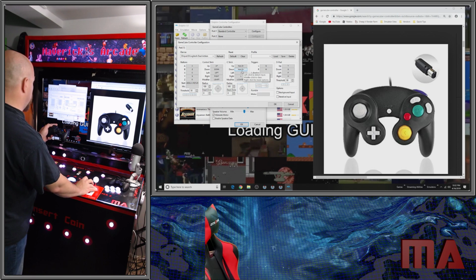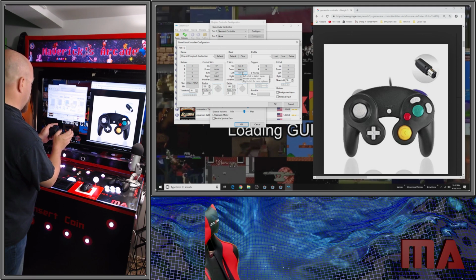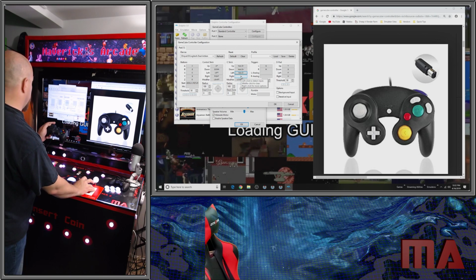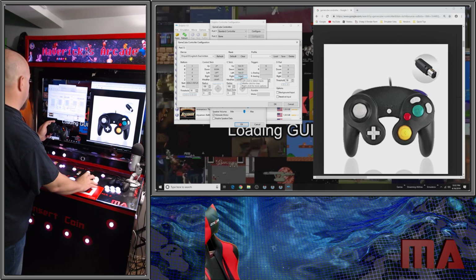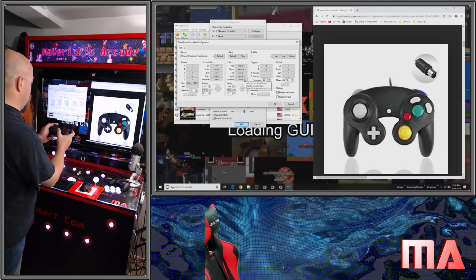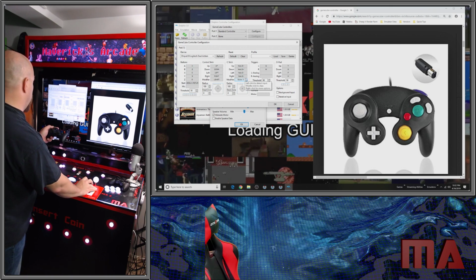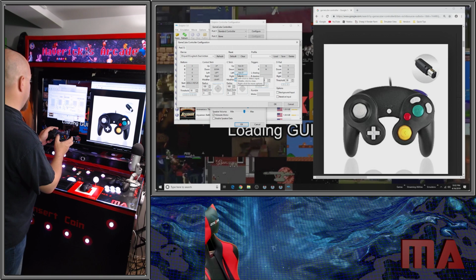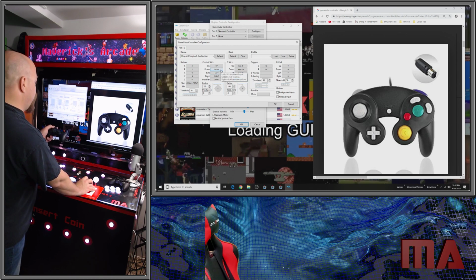down, left. I have to make sure the green button's on. Right. And now the modifier would be the push button, I think. Alright, so then we've got our C stick here. It's tracking correctly. And then we have our